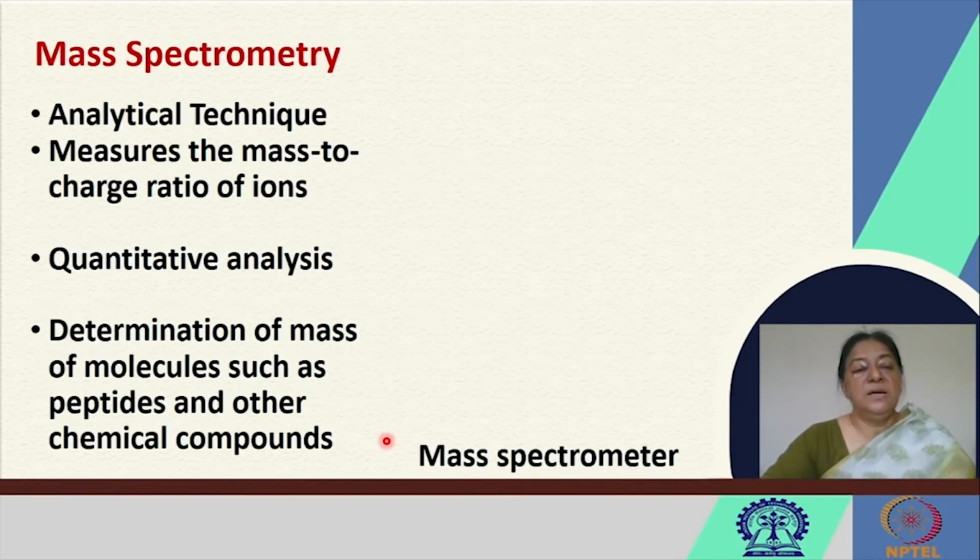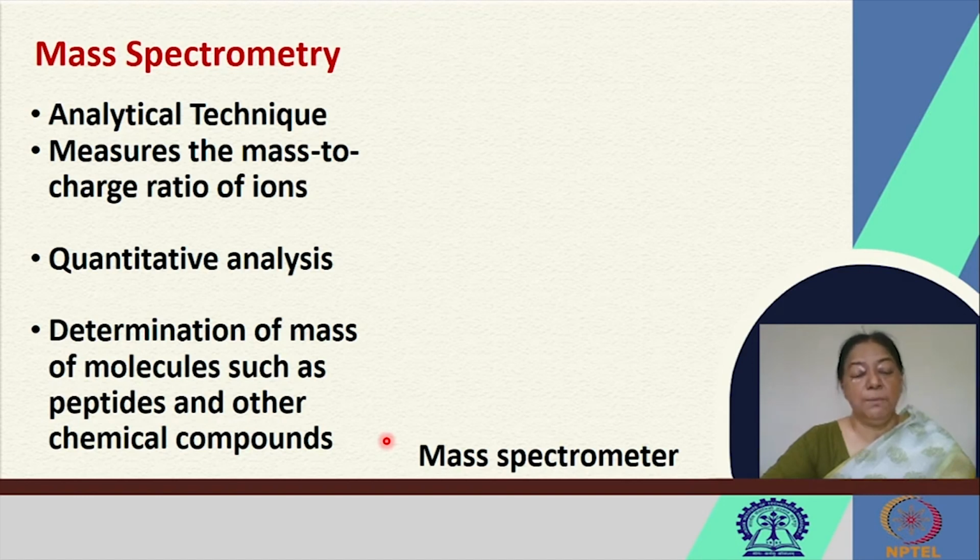In our next understanding of what we can do with our protein molecules that we have isolated, there is a methodology that we can look at to measure the mass of the molecule. Mass spectrometry is an analytical technique that measures the mass to charge ratio of ions. It is a quantitative analysis, and it can determine the mass of molecules such as peptides